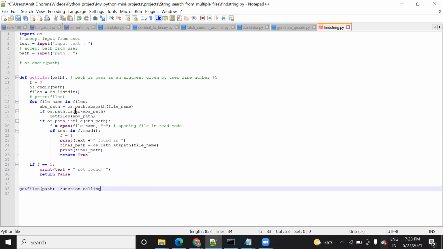This is how the code usually works: when you write this code and call this function with the path, the flow will go to this function. They will come here and assign the path to the os directory, means now os will look into the path. Then they will check for every file name whether that particular file name is present on the current path or not. If the os path is directory is correct, then they will get all the files from that path. They will collect all the files from the path.